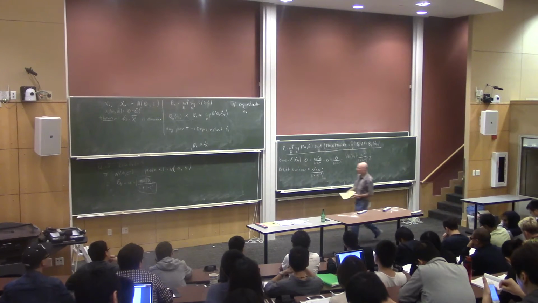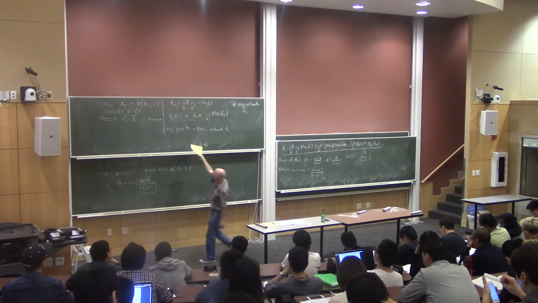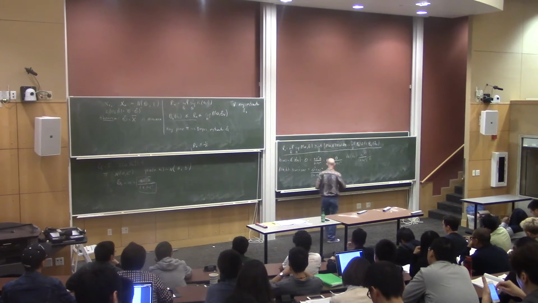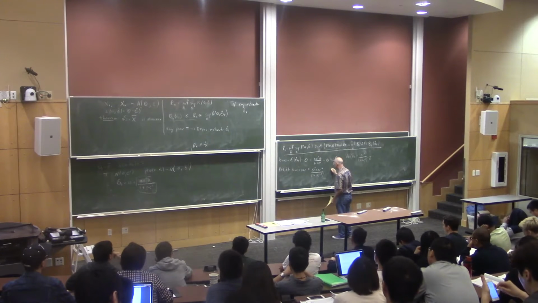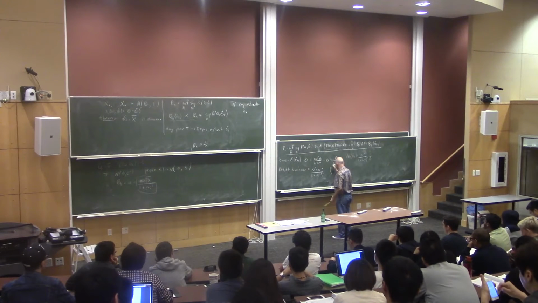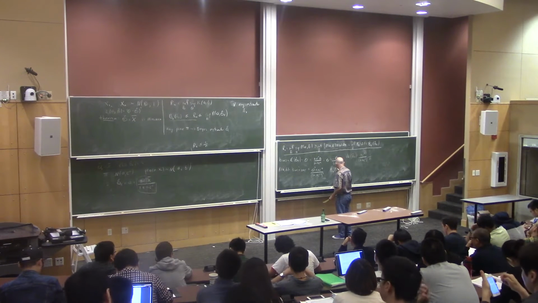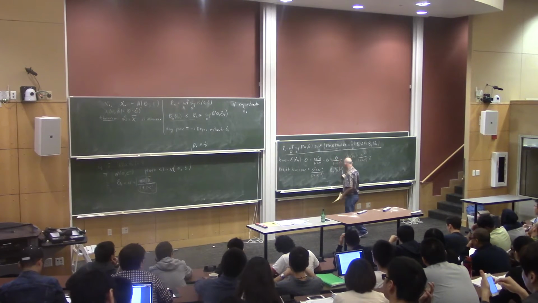But that's not quite enough, because that inequality says I need the Bayes risk, which means I need to integrate this with respect to the prior. So I need to say, what is the Bayes risk of the Bayes estimator? It's the integral